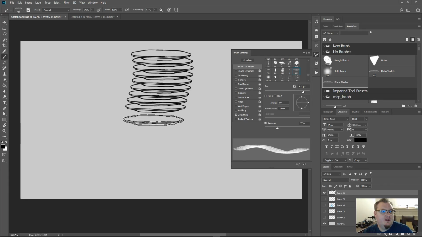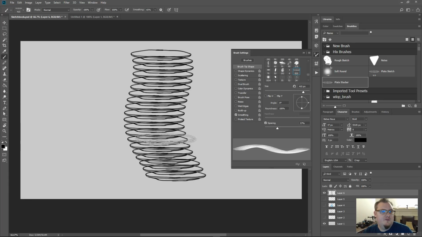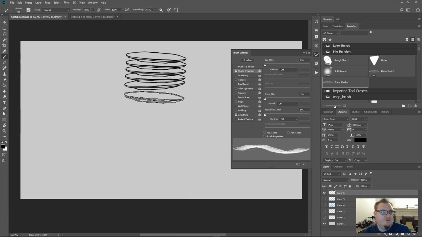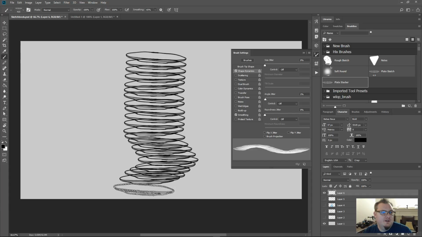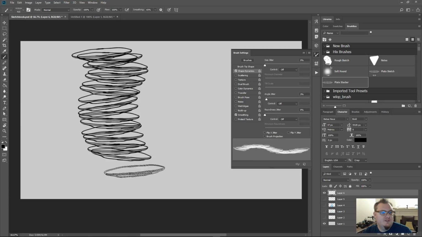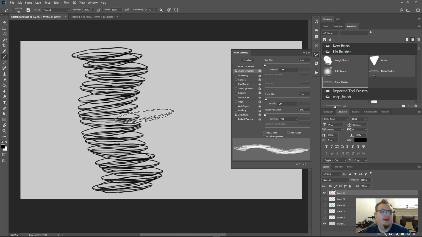But you can kind of see how that is fun because it gives you a little bit of a wobbly stack of plates. And like I said before, you can also play with some of these other settings. So like angle jitter can come in here. We set it to a really low setting and it will make the plates kind of randomly appear wobbly as you're sketching. And so I might turn that up a little bit. And now you can get a really wobbly set of plates. So yeah, a lot of interesting, cool things you can do to save yourself some time as you get in here and create